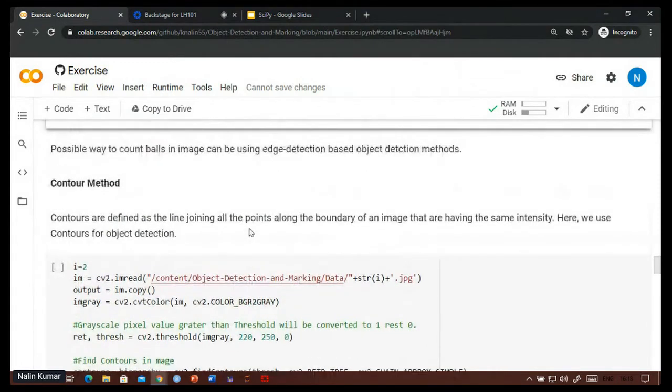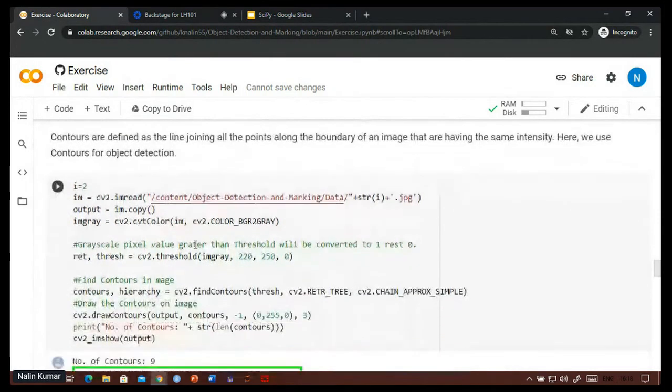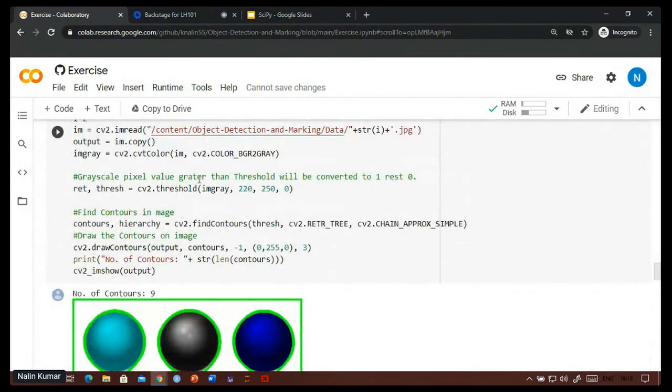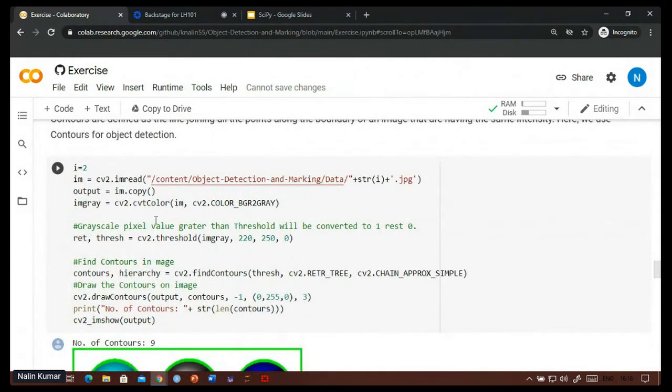So for using contours, first you change the image to a grayscale image, and then apply a threshold on the image. You are reducing the grayscale image even further by making anything lesser than your threshold value 0 and anything above it 1.